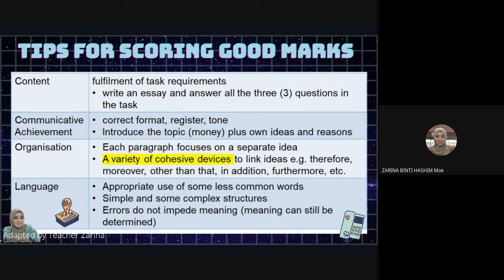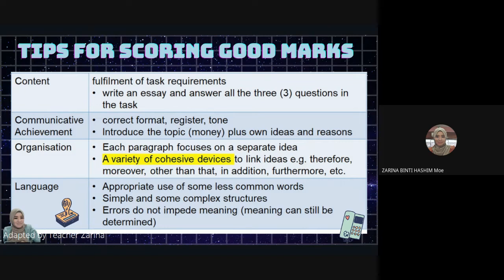For example, Ali, who is my friend, always arrives in school late. So how many ideas are there? Ali, who is my friend, so one idea. Always arrives at school late, so two ideas there. If you have those two ideas, that is called complex structures. So you have used words like who, where, which, that, and so on.